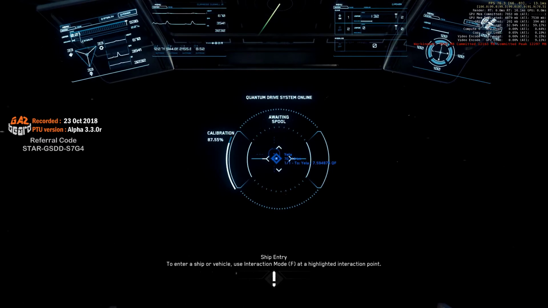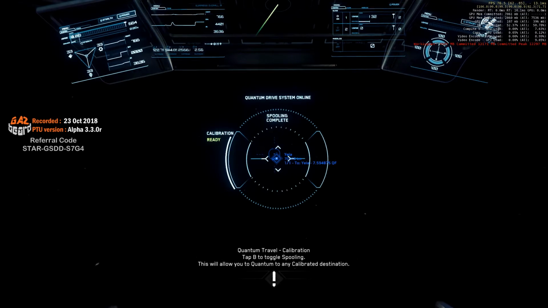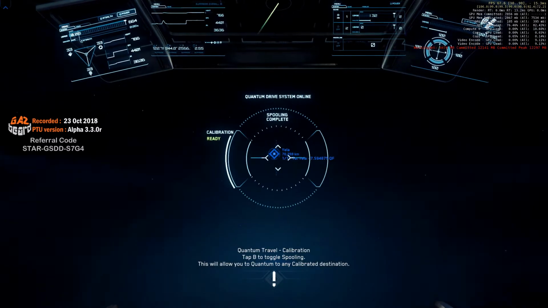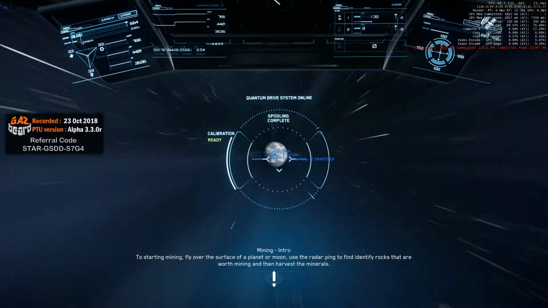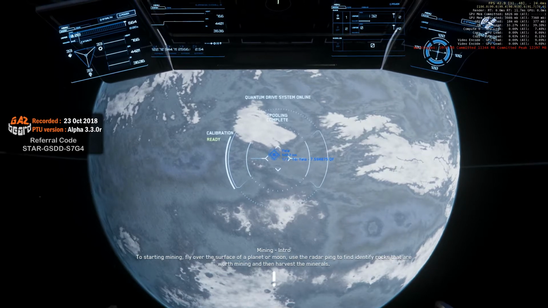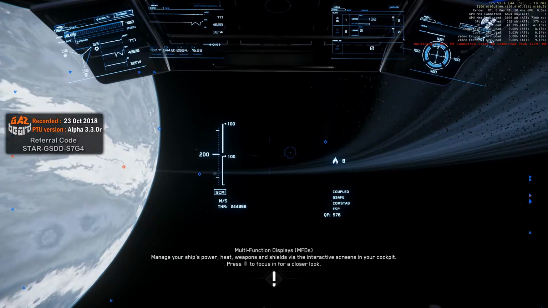The first jump to a target always takes forever. Okay, then tap B, wait for the spool to hit 100%, and then press and hold B, and as soon as you get the quantum travel engage audio cue, let go of the B key. Wait for the quantum travel to die away. I'm gonna turn around over here, press B again,